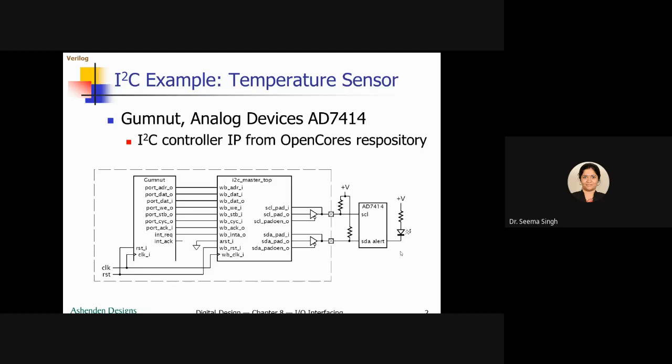This is outside this embedded system. This is your interface IO device. This is your IO device. So you can see they are connecting the voltage source, and if it is above a certain level, there is one LED connected to it. So this is with alert. If the temperature is beyond a certain range, this alert becomes high, and this high will make,